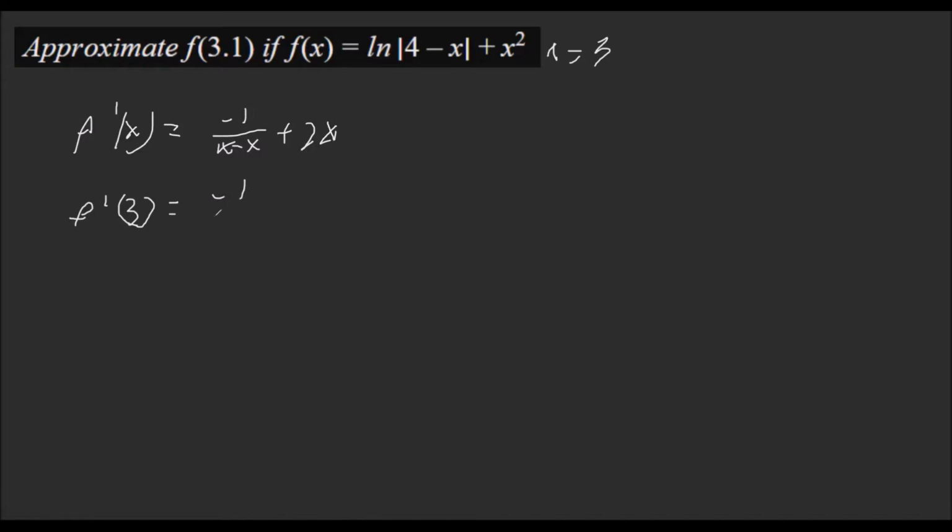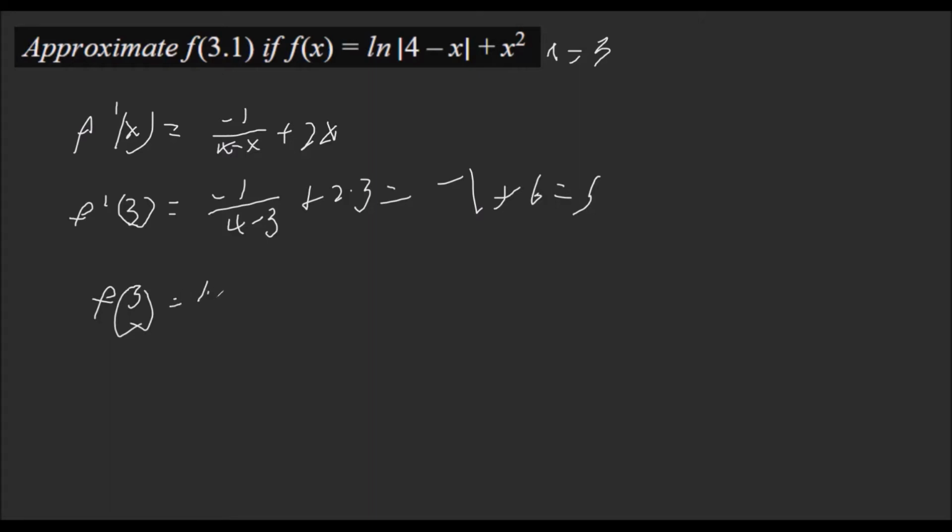We end up with negative 1 over (4 minus 3) plus 2 times 3, and we'll simplify. We end up with negative 1 plus 6, which is equal to 5. So the slope of the function at the point 3 is 5. Now we already have the x term. In this case, it's going to be 3. From here, we just have to find the y term. So we're going to find f(3),